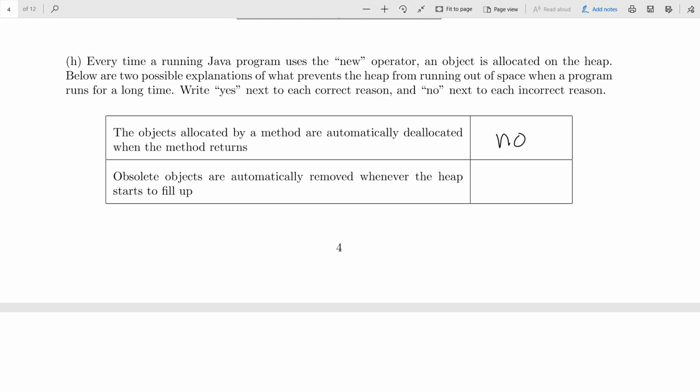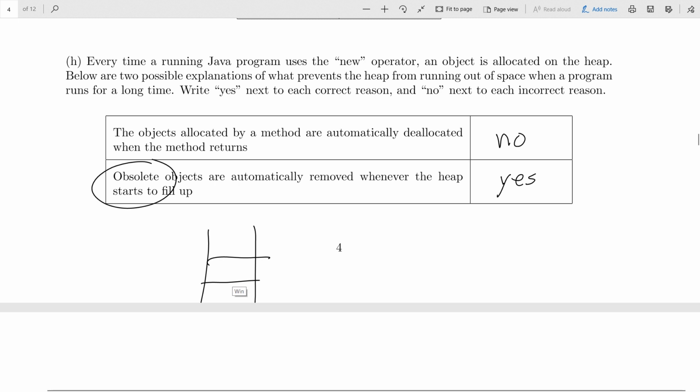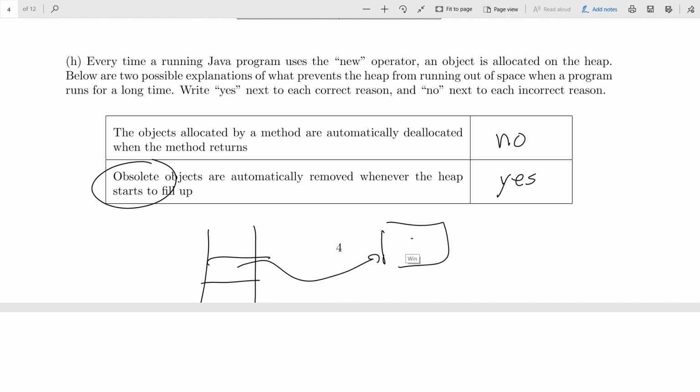What about obsolete objects being automatically removed whenever the heap starts to fill up? Now, there's a lot that goes into that. That's called garbage collection. There's a lot that goes into detecting whether an object is obsolete. The technical definition is that usually you have a reference stored on the stack, going to an object, which may have a reference to another object, and so on.